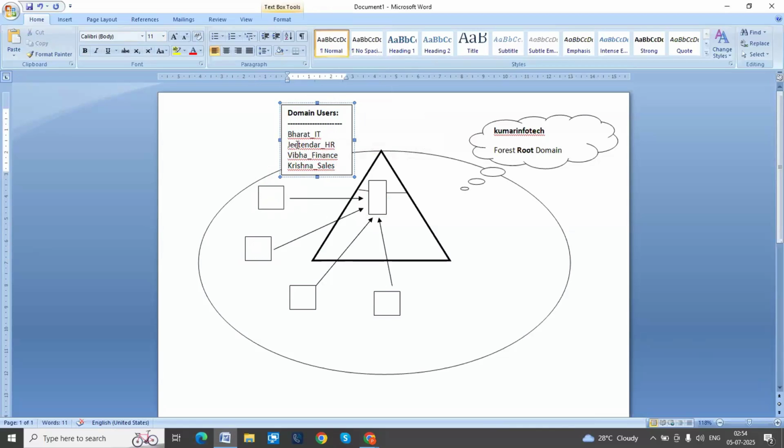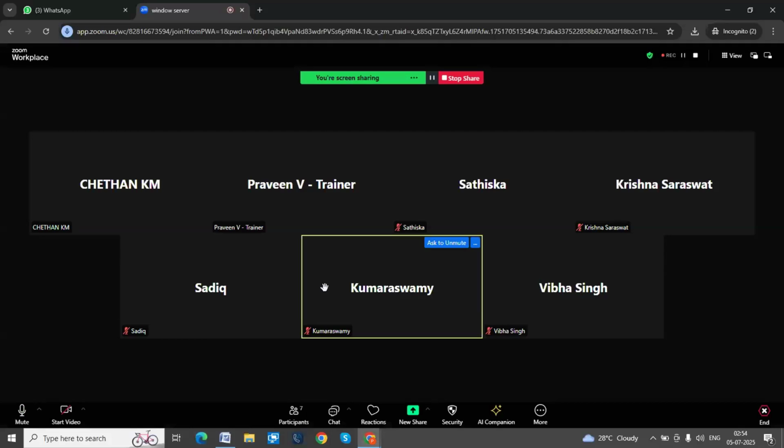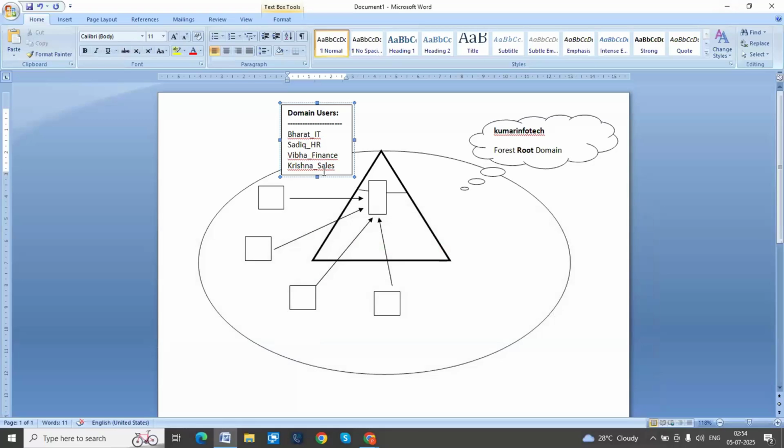Who else is here apart from Jitender? Sadiq is there, no? Okay. And who are the other guys here? Satishka is there. Okay, Chetan is there, Satya. Okay, you are also part of that. Okay, I will